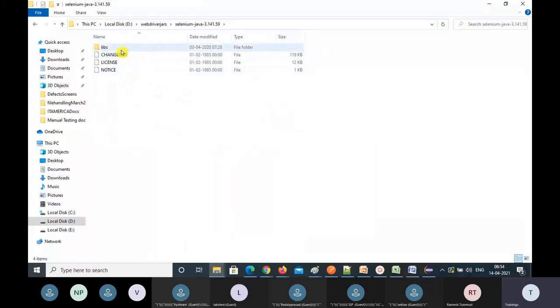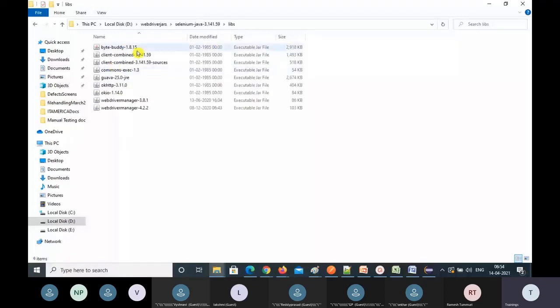So I moved all the jar files inside the libs folder, so that all my files will be in the libs folder. So it is easy for me to add all the jars at a time. See, executable jar file, executable jar file. So these are the jar files, Java archive files, which contain a lot of classes and interfaces in each jar file. Okay, and I added a WebDriver manager also, but fine.